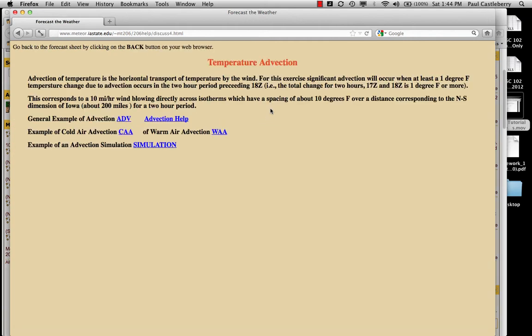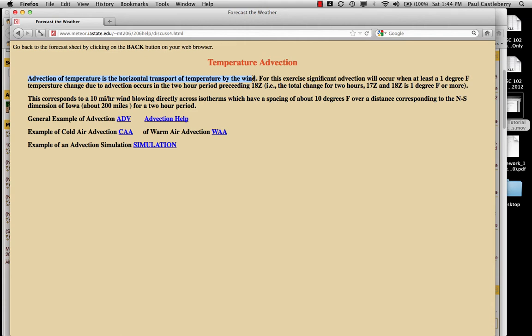So let's see how the program grades for temperature advection. I've already talked about this in a previous video, but it's always good to go over it again. So again, here's the definition of what advection is. It's just a horizontal transport, the horizontal movement of temperature by the wind. And you know this intuitively, especially when you get strong southerly winds during the summer or even during the winter. There are times we can get some strong southerly winds that are bringing up warmer temperatures from the Mid-South region